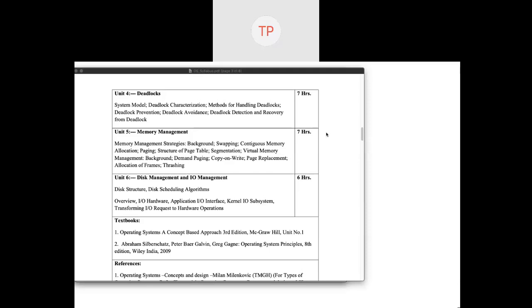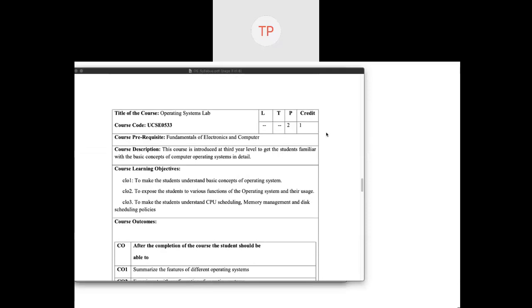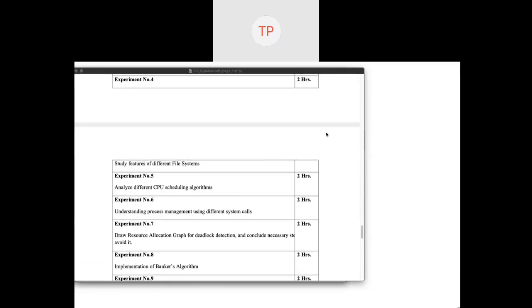But then again, we have POE for the lab. Because this is a lab course, if you see the ESE, with the course code UCSE0533, and if you see the assessment part of this,